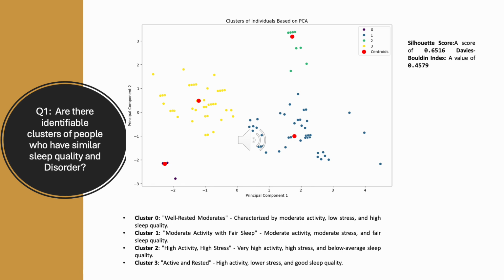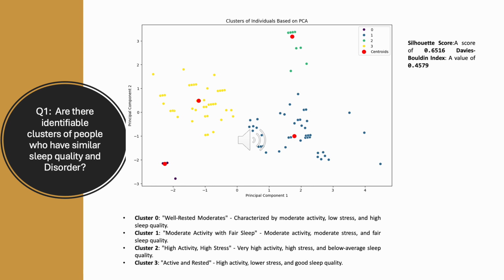quality and disorder? We used k-means with PCA for this question, starting with categorical data, making it numerical data, and normalizing, then PCA to two components, and then the Elbow method to identify the optimal number of clusters, which was four, and then ran k-means to find our four clusters, which has given us the first cluster is moderate